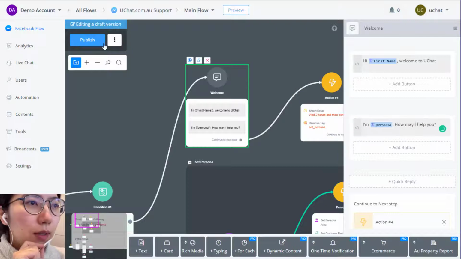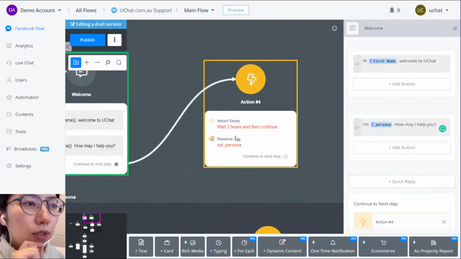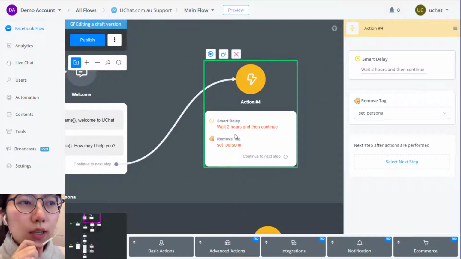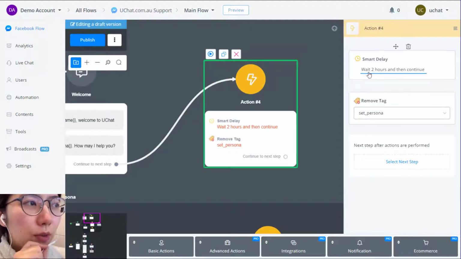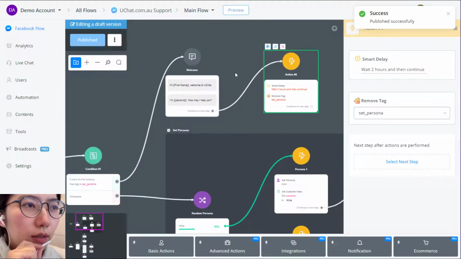Also, you know, since usually a conversation is less than an hour or 2 hours, after 2 hours you can give a smart delay, and 2 hours later remove the set persona tag from the user, so that in the next conversation your bot will assign a new random persona to the user. Okay, publish it. So let's test